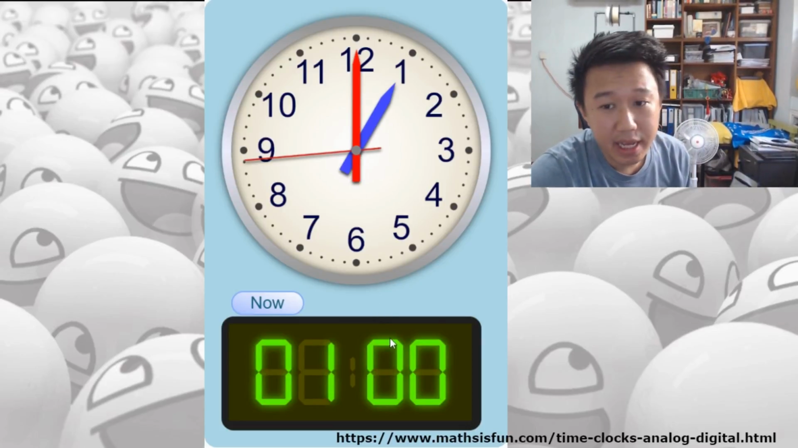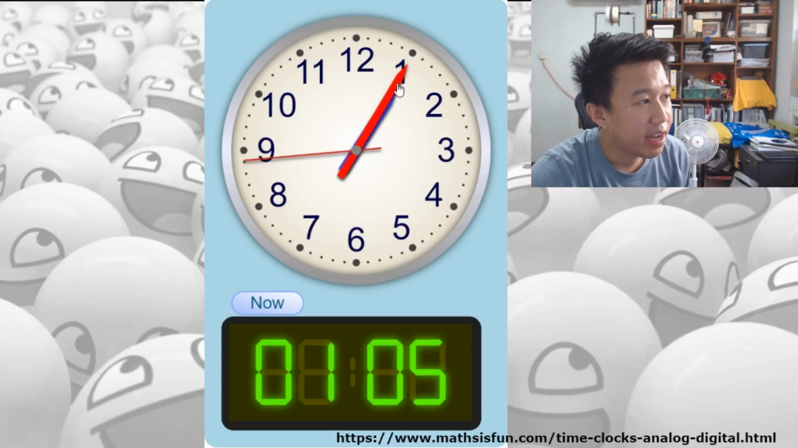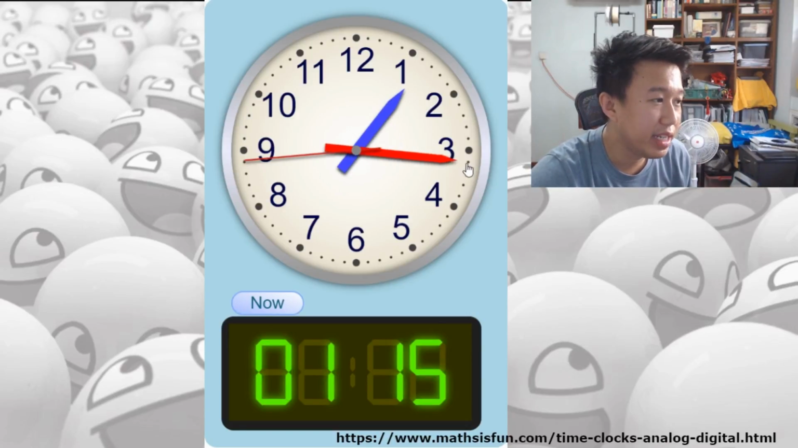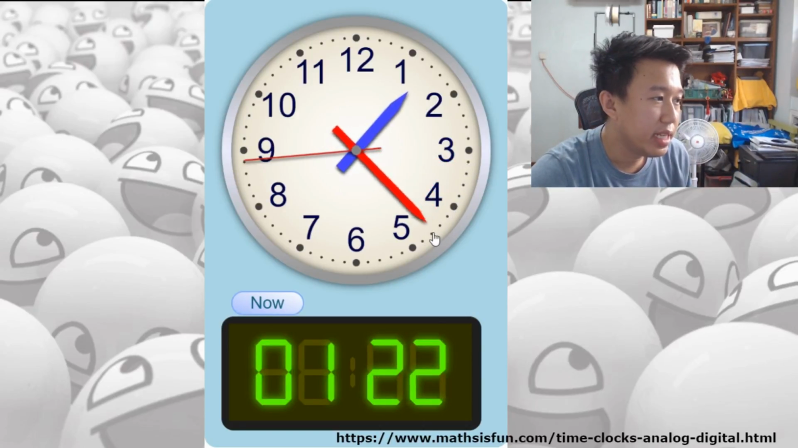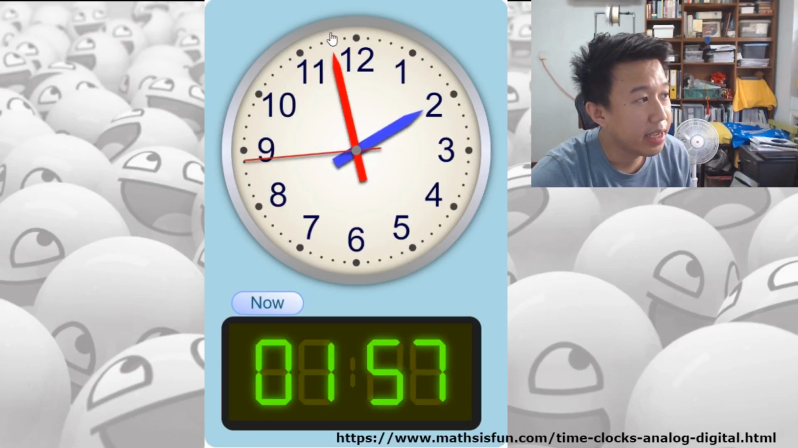You can see that at this position it's called 1 o'clock, and if we move the minute hand it goes down, so it's 5 minutes, 10 minutes, 15 minutes. You can see on the digital it's 1:15 now, 1:20, 1:25, 1:30, and if it goes an entire round it